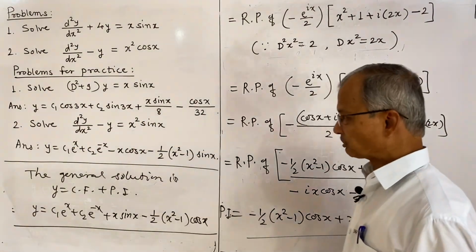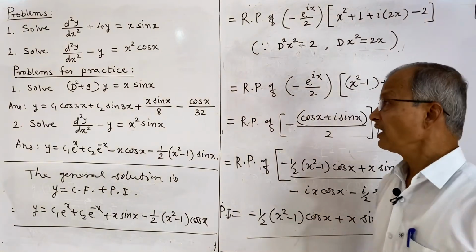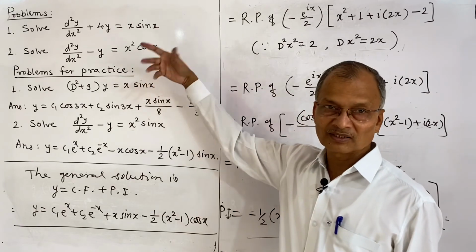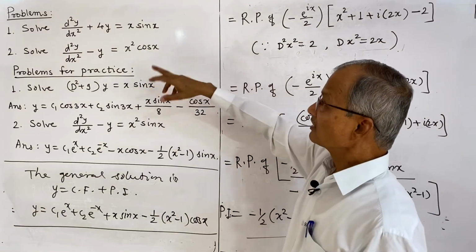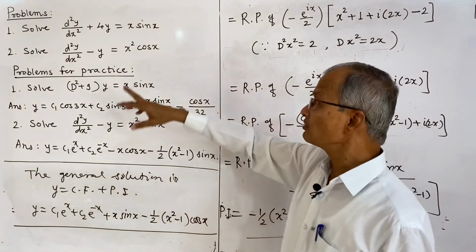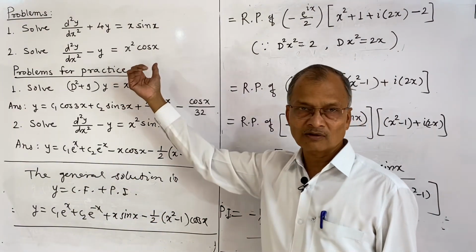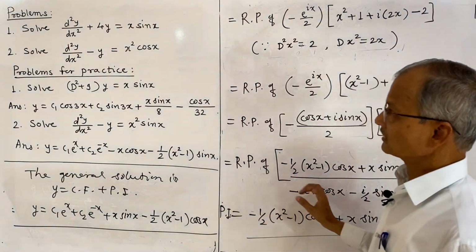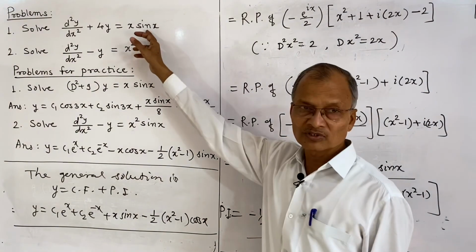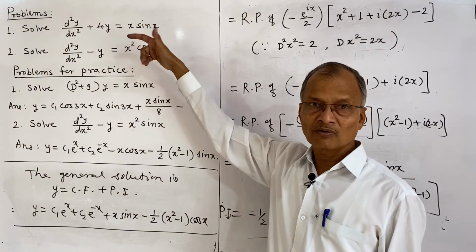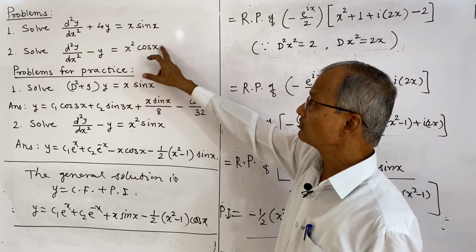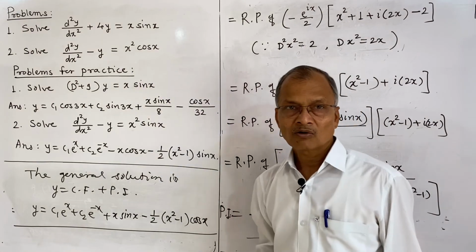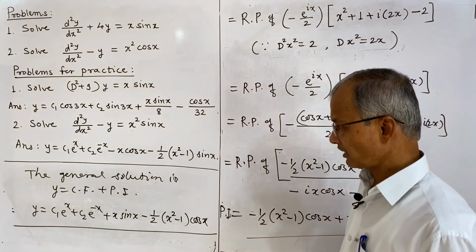So you go through the steps again and try to understand. We have used a different method to obtain the particular integral rather than the direct formula, because this is convenient. If you use the formula in succession, we can get that also, but it is somewhat lengthy. So first problem we have solved using the direct formula 1 upon f of D into v, and for the second we converted this in terms of exponential function, and then cos means real part and sine will be imaginary part.